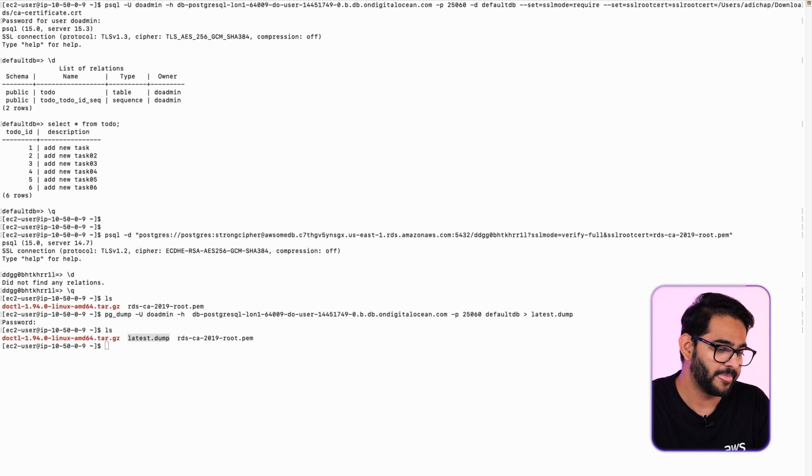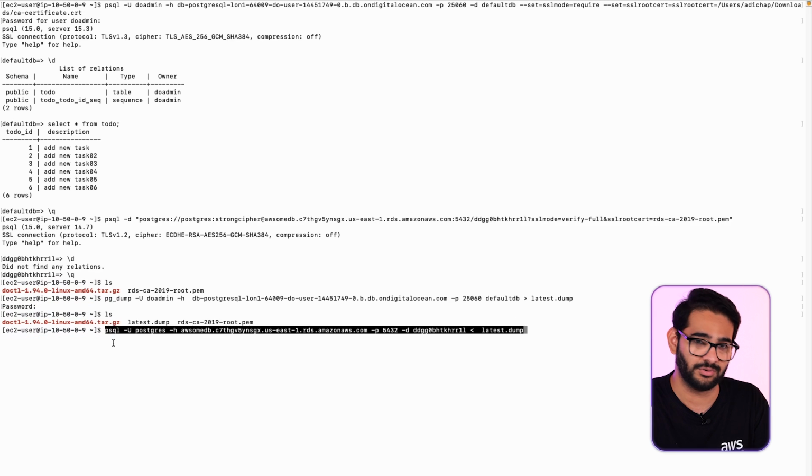If you just do a ls, you can see our backup file latest.dump is created in the directory, and it was not there before. So now we are going to use this latest.dump file, which is the backup of our database, and upload that to our AWS RDS database. Again, to do that, I have a CLI command, and you can just pause the screen, have a look at it. Again, if you have any doubts after that, feel free to just ask your questions in the comment section, and I'll be happy to answer those.